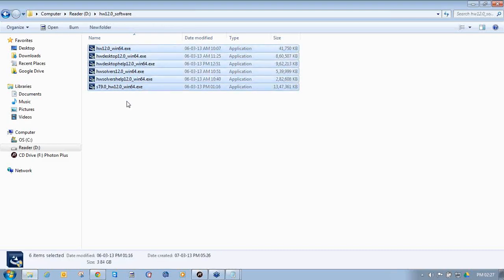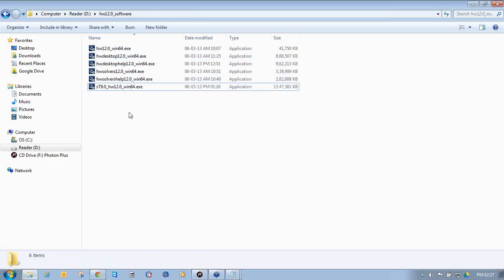So make sure you have downloaded all these 6 exe files, that is setup files, and paste this set of files in a single folder.